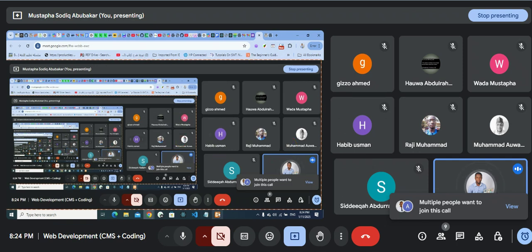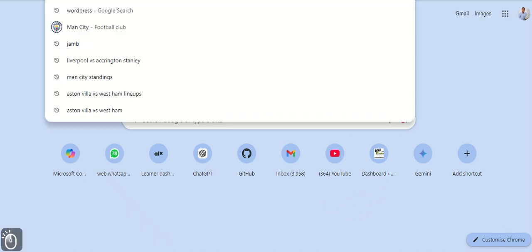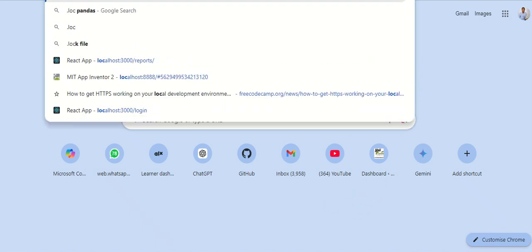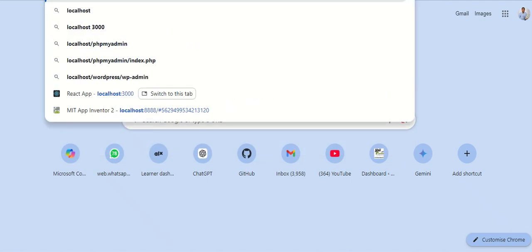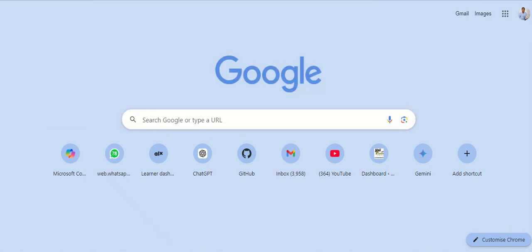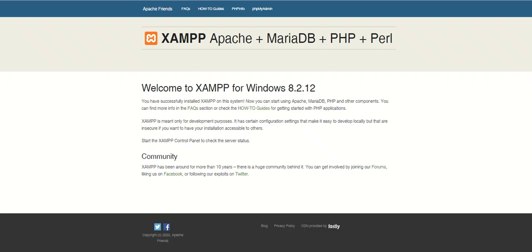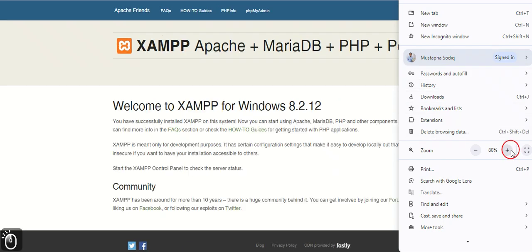After you have started your Xamp, go back to see whether everything is working perfectly. Just open any of your browsers and type localhost. Just localhost alone, to see if your Xamp pops up. If your Xamp pops up, it means that everything is working perfectly. Can you see that now? Automatically this one will load. Just only localhost. Let me increase this one.